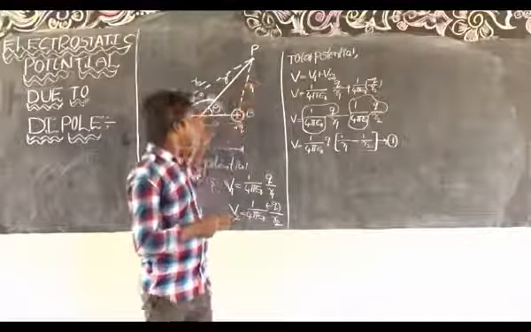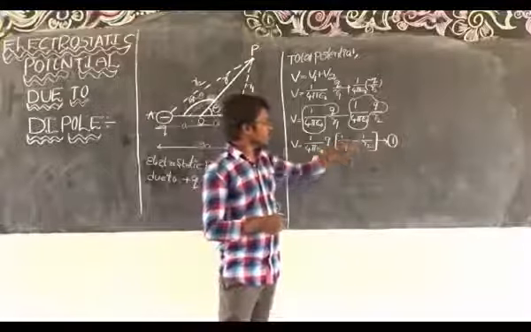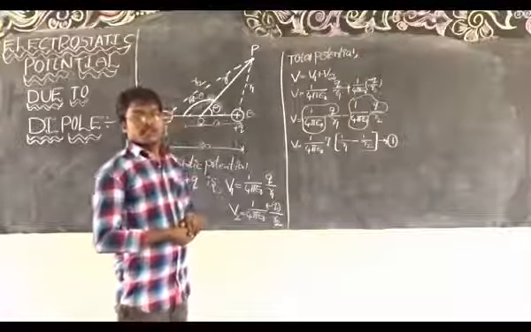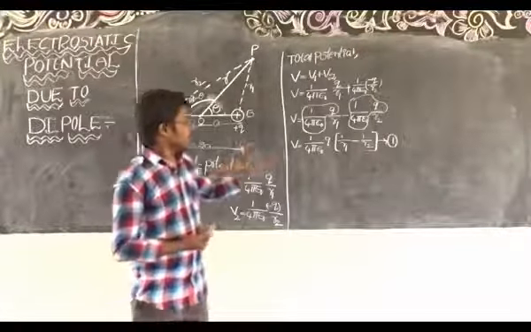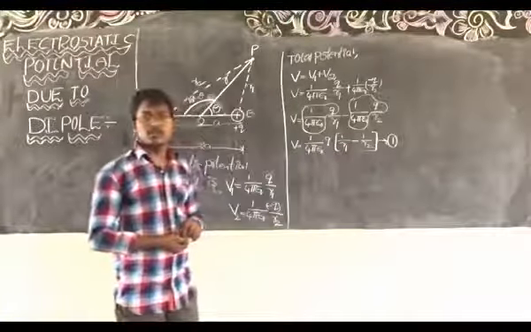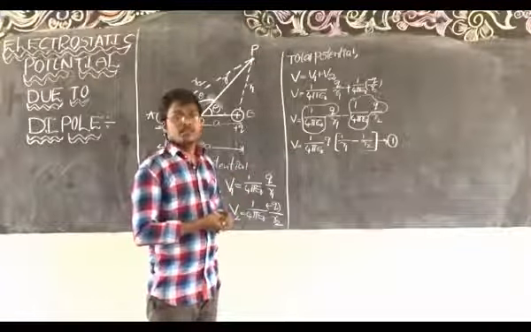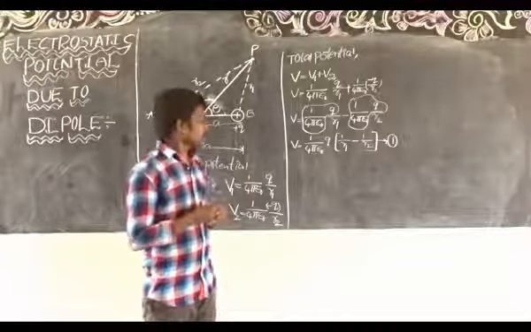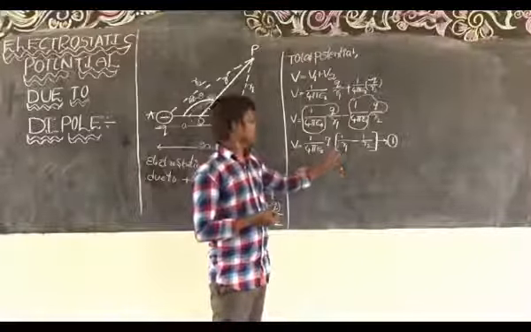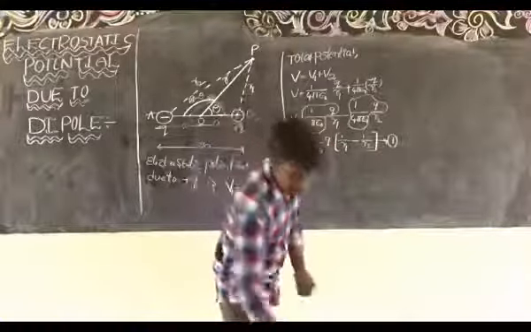Now, from the diagram, we have to find this 1 by R1 and this 1 by R2 values and substitute them simply. But directly we are not able to find these 1 by R1 and 1 by R2 values. So here we should use some mathematics formulas. You can remember. Now I am going to find the 1 by R1 and 1 by R2 values. So I am using some mathematics.